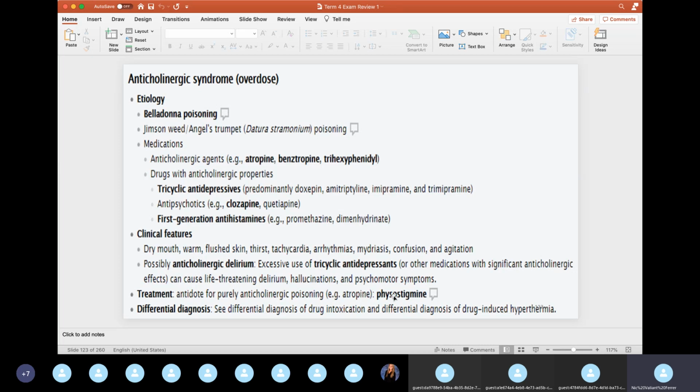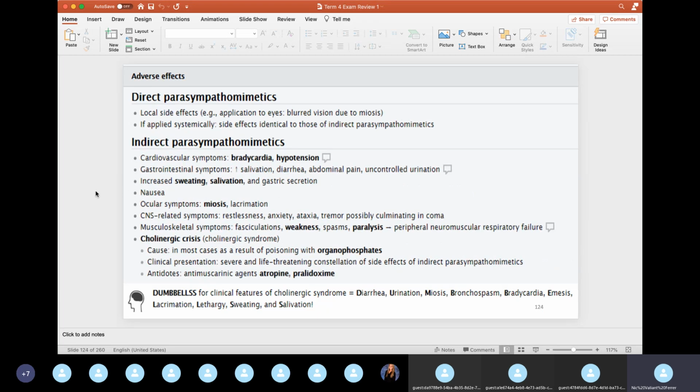So what's the treatment again? Physostigmine, okay? For anticholinergic overdose. So direct parasympathetic adverse effect is very local. Indirect parasympathetic, there's a lot, okay? It can induce bradycardia, hypotension, sweating, salivation, miosis, weakness, paralysis, and of course, if you're using those myasthenia gravis drugs, it can induce cholinergic crisis, okay? So you give atropine and you give